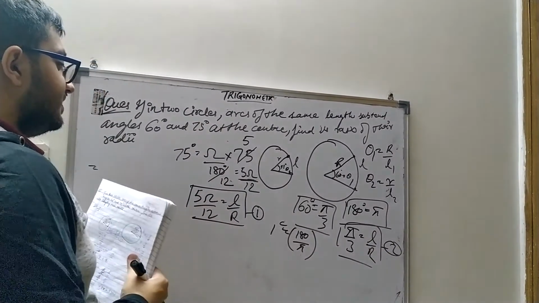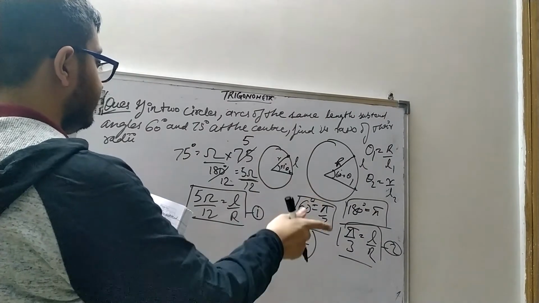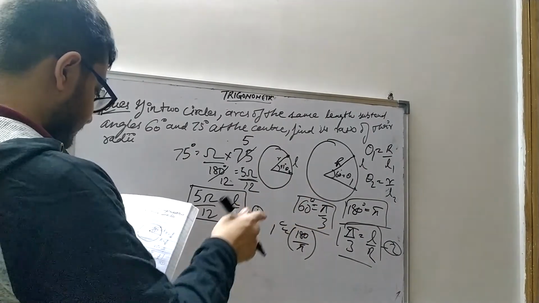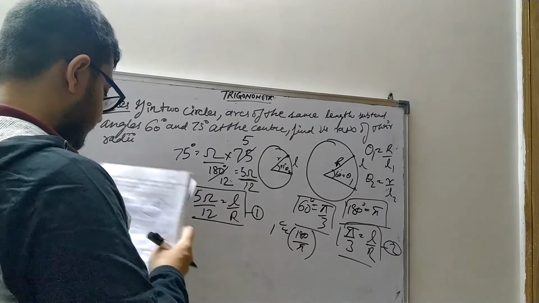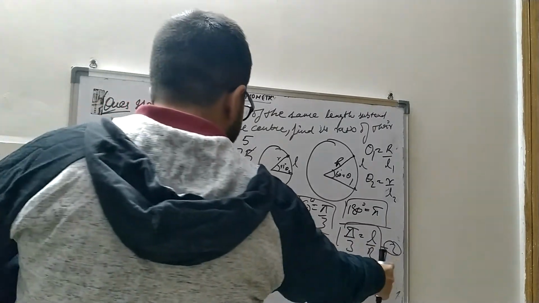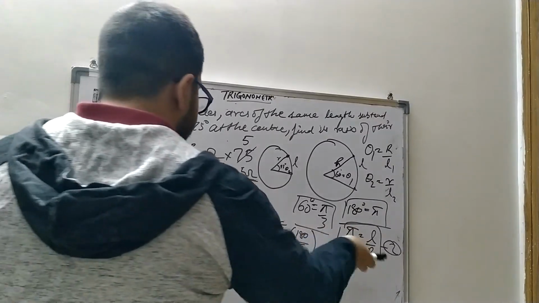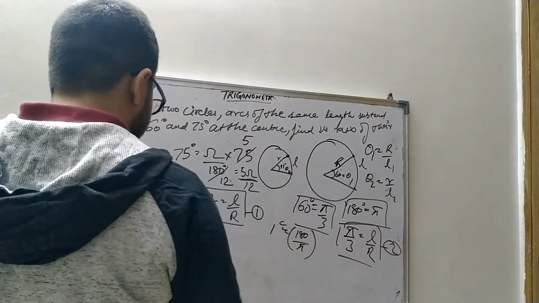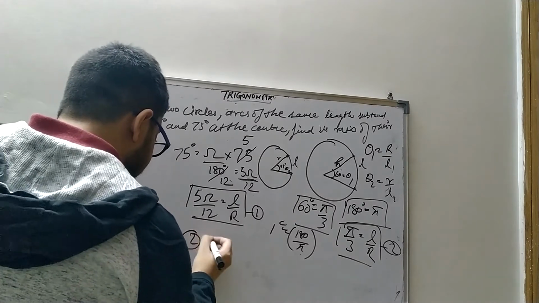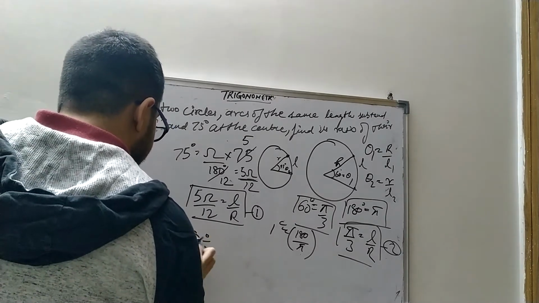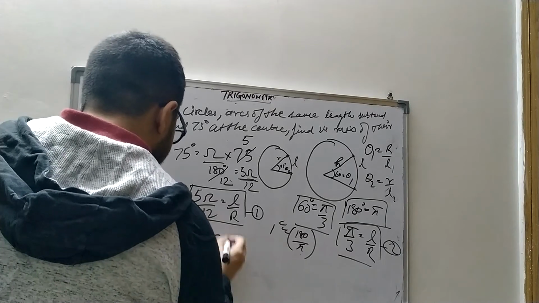This is the second equation, and the first equation is 5 pi by 12. If we divide the first equation by the second, first divided by second is here